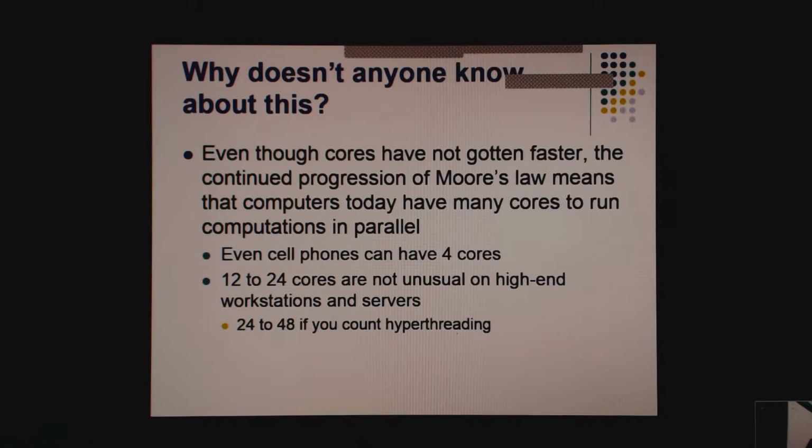And with hyper-threading, you have 24 to 48 cores.